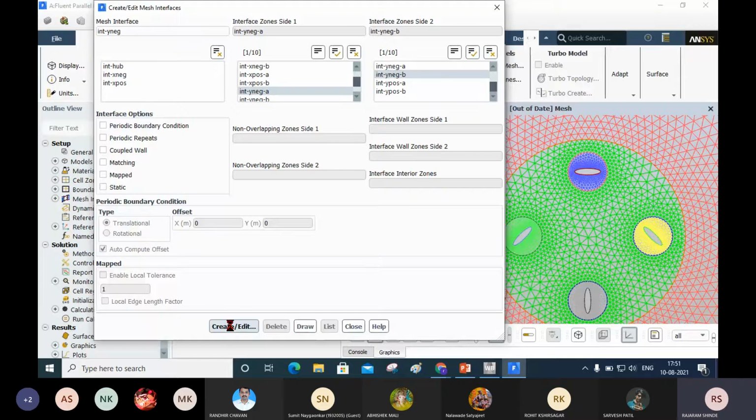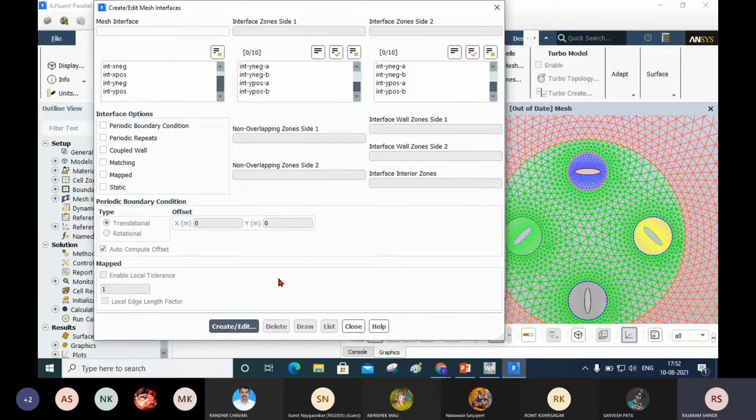This fourth interface has been created. Next I'm going to create the interface for y positive. So I will write int y positive, then I will select y positive a, and here I will set y positive b, and say create edit. Now you will get these four interfaces, okay.